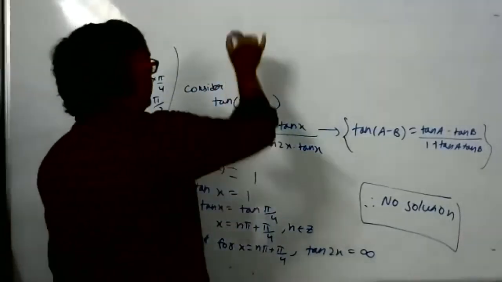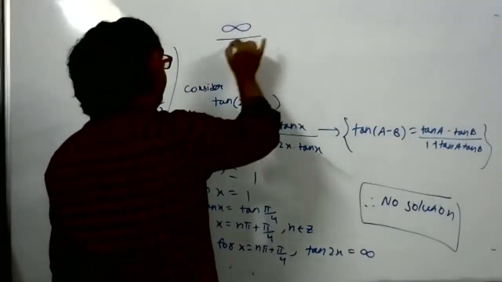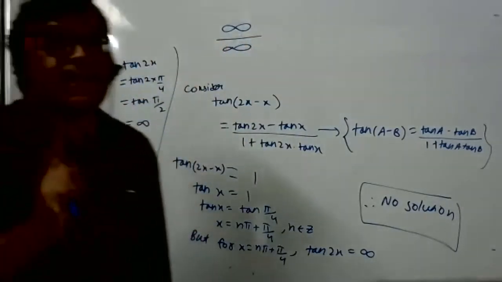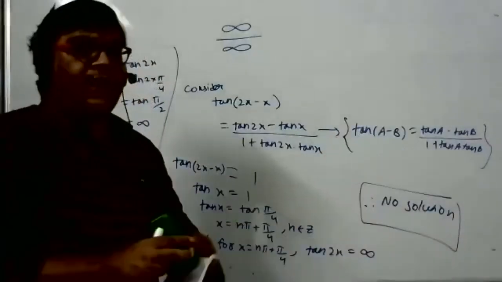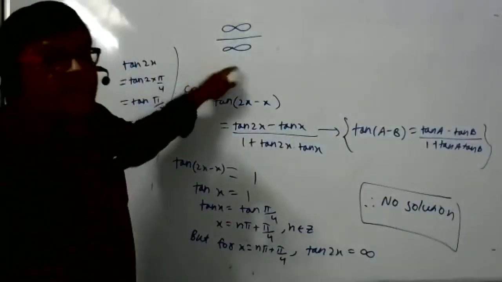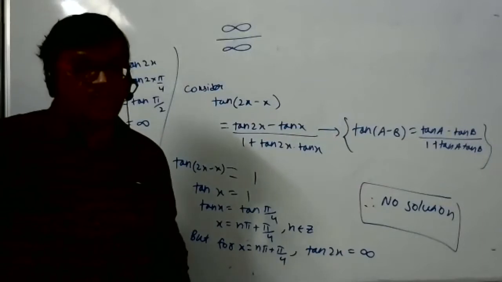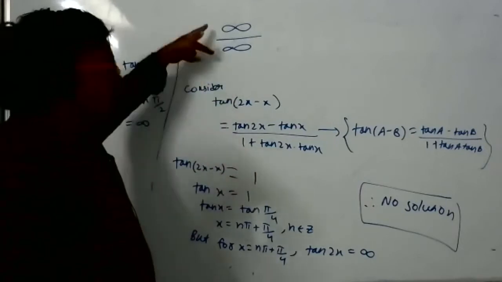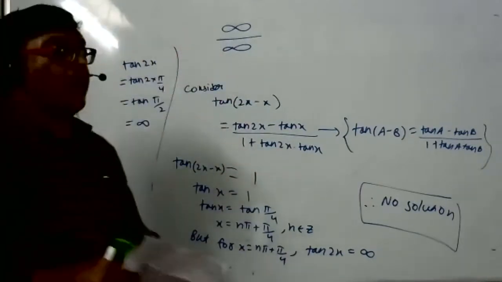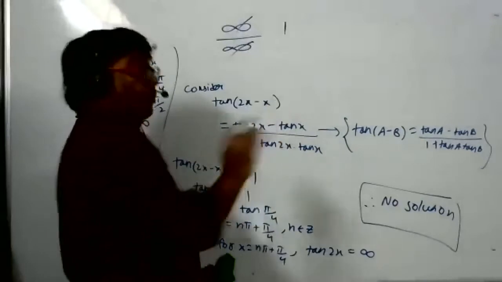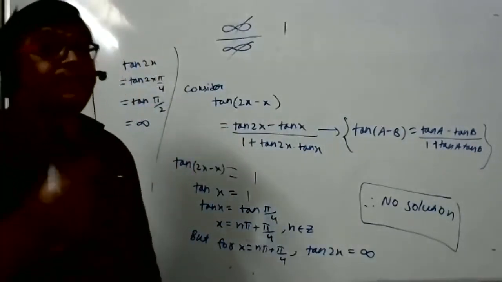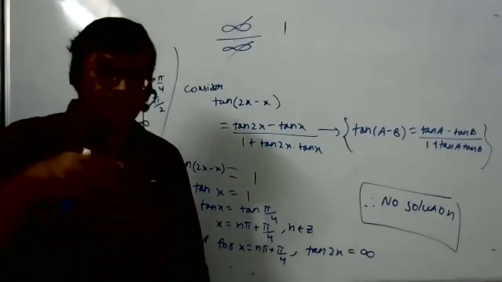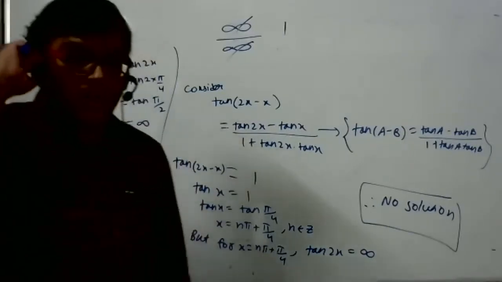Same way, this boy is giving correct answers for infinity by infinity. Numerator infinity is a very big number, denominator infinity is also a very big number, but what is the guarantee both are equal? Both can be very big but still not equal. So you cannot say infinity cancels and the answer is 1. In fact, infinity by infinity is not defined. We don't know the answer because we don't know the value. Both are large, but may not be the same. I hope you got the answer.